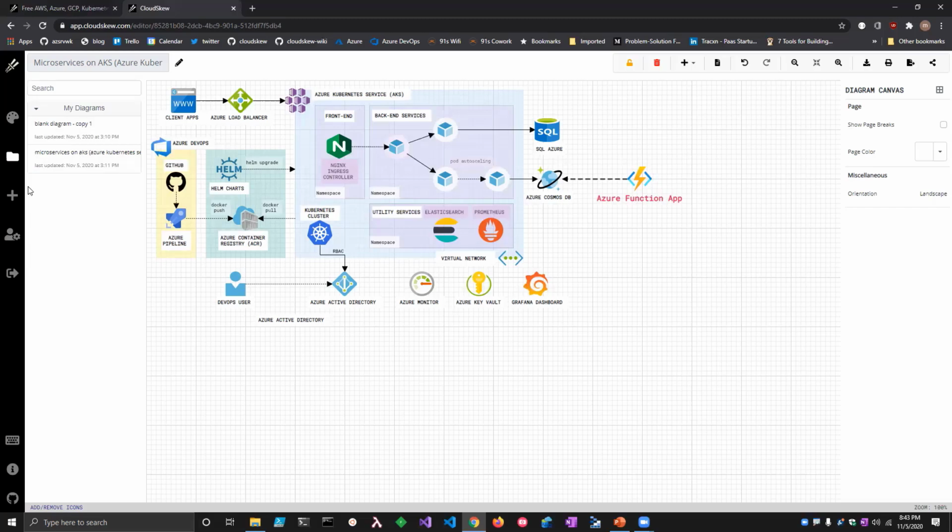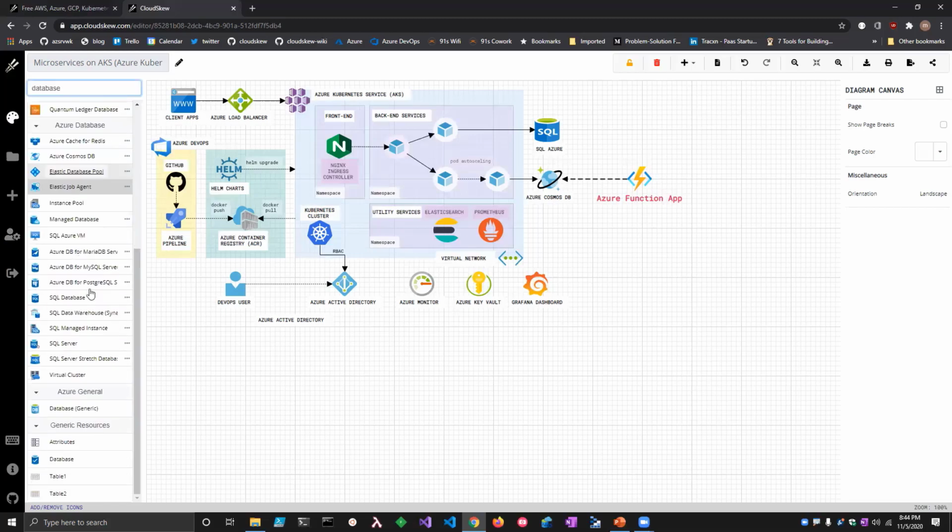So if you need to create more than 50, you'll probably have to upgrade to a new pricing tier at a later point. But for now, the free tier is more than good enough. So this tab has all your diagrams. This tab has all the templates from which you can create diagrams. And this one allows you to switch your icon preferences. Okay.